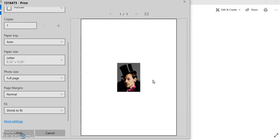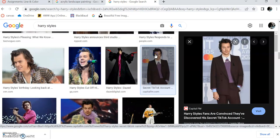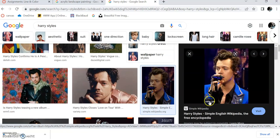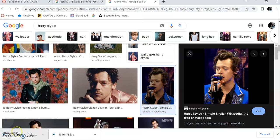So look up, if you want to do Harry Styles headshot, something that's going to just be a bigger photo in general. And just as a helpful reminder, when you're looking up pictures, when you click on a photo and you hover over it, you see this number right here. As long as it's a headshot, like let's say, like this is a good headshot here. See how small this number is? If we were to save this, let me just save this really quick and show you guys what would happen. If we were to save this photo,